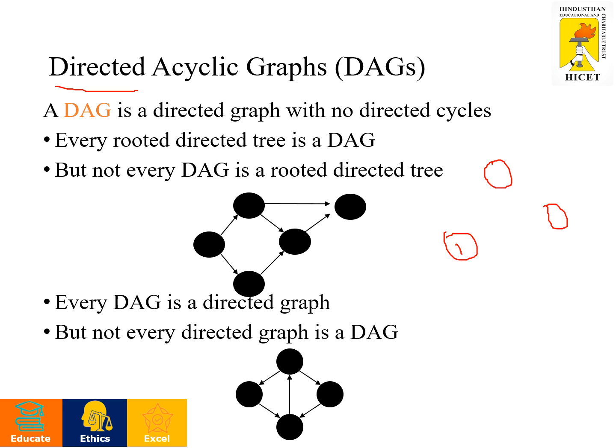There are vertices 1, 2 and 3. Now this is a directed graph which does not have a cycle. So this is a directed acyclic graph. But suppose you have a path or an edge like this: you start from 2, reach 1, reach 3, again reach 2. So this forms a cycle, and this graph is not a directed acyclic graph. So not all directed graphs are DAGs, but all DAGs are directed graphs.